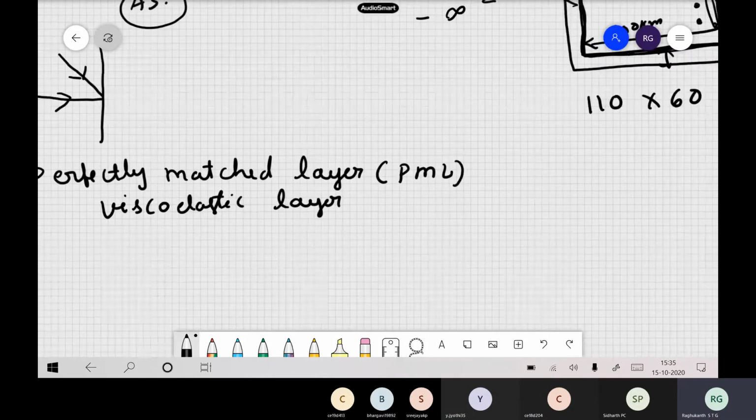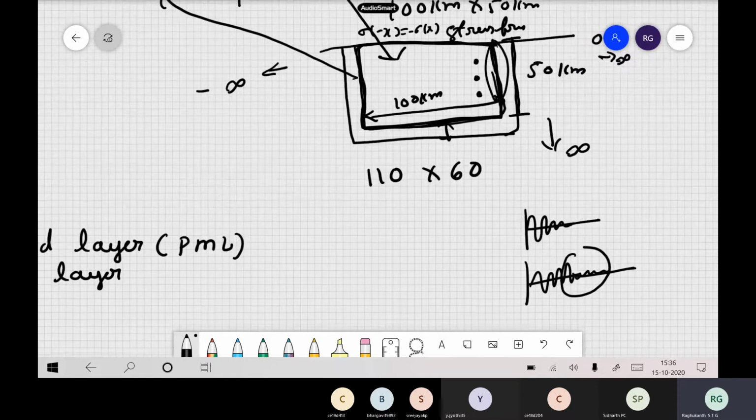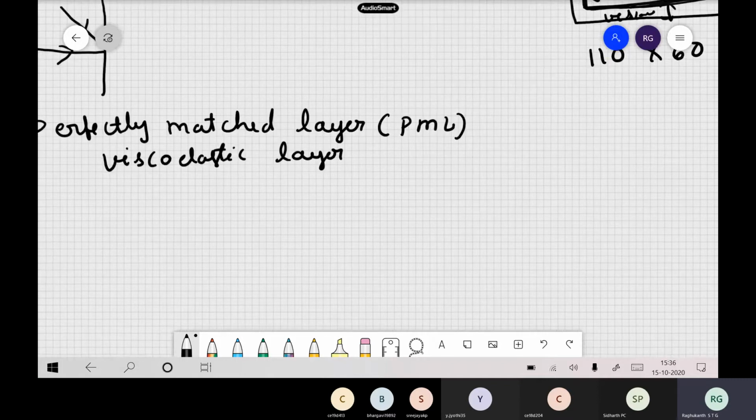So suppose you are solving an elastic medium problem, say, so this region will be elastic. Now in this small 10-kilometer region, say, you will have a viscoelastic material. And for this viscoelastic material, the equations of motion we already know. We have written them in terms of differential equations, or you can write them in terms of integrals also. So those equations have to be used here to solve the solution. Okay.